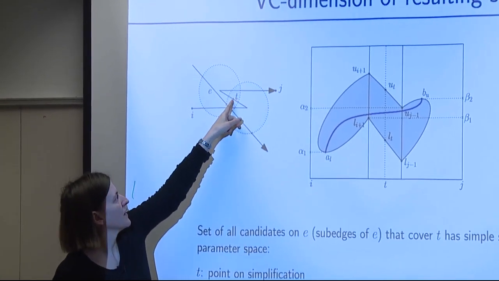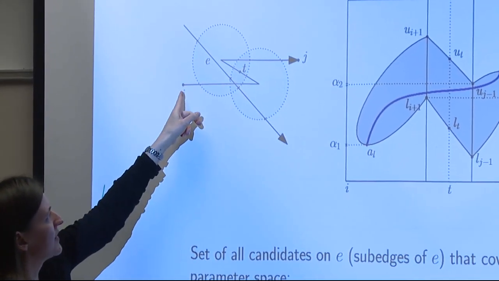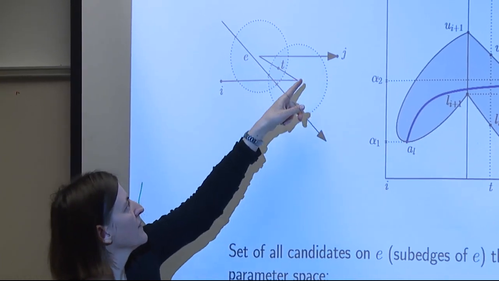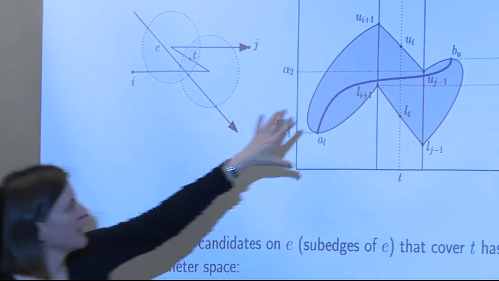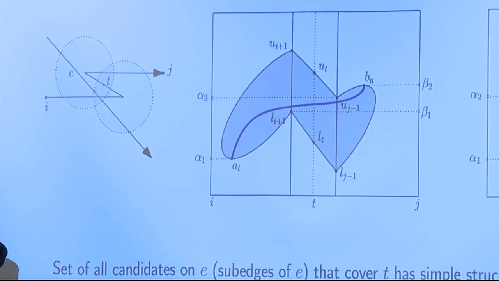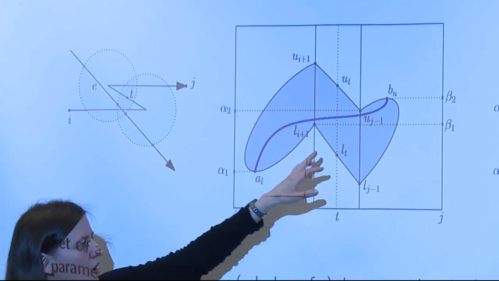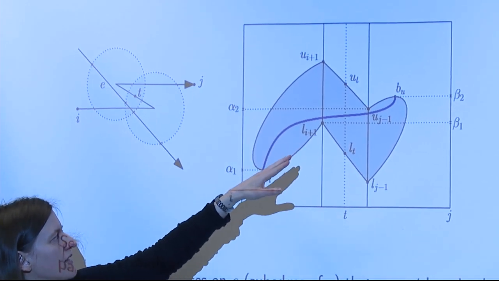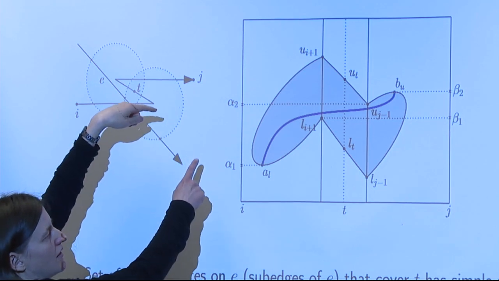T is contained in the middle edge of those three consecutive edges of my curve. They go like this. And I have this HE that corresponds to these three consecutive cells in my free space diagram. And I'm basically interested in all the paths that are monotone and lie inside the free space, and their maximal extensions in this